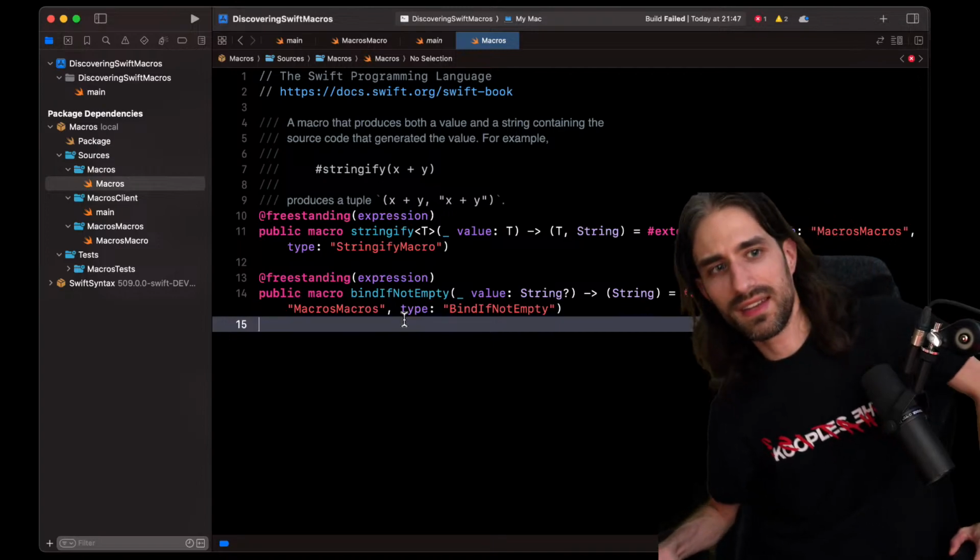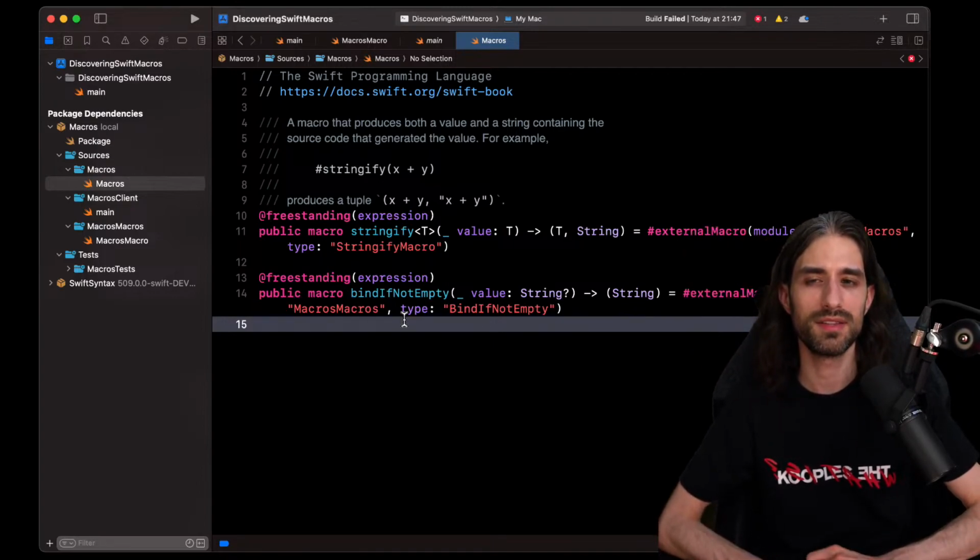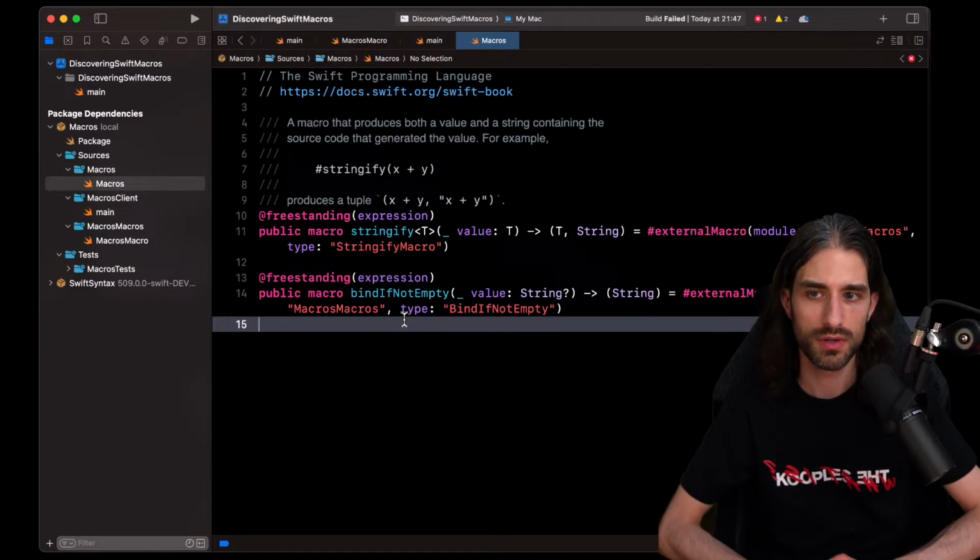I'm trying to see if I can come up with another example that I could implement to finish the live stream. Let's see, what could you use a macro for that you cannot use a function today?